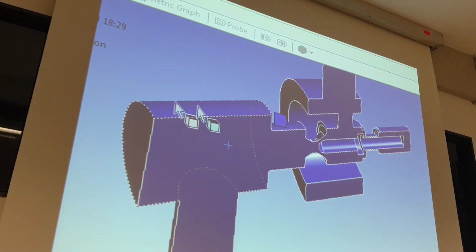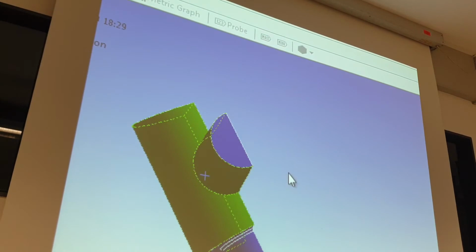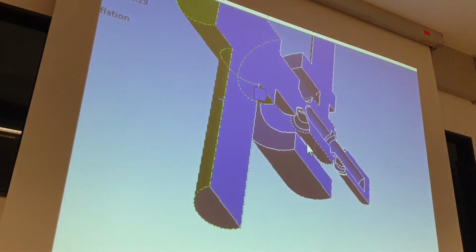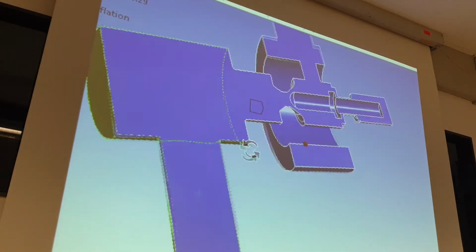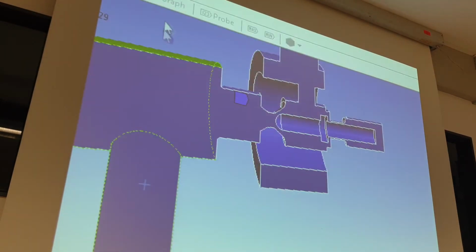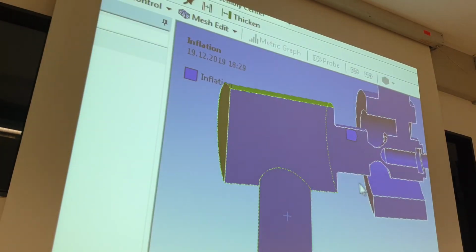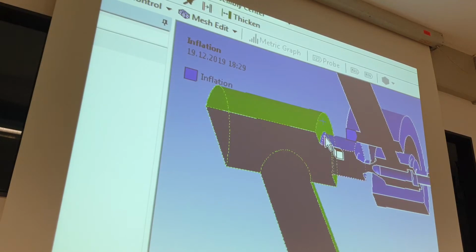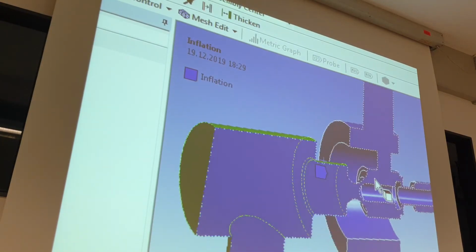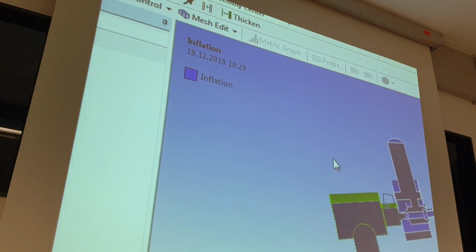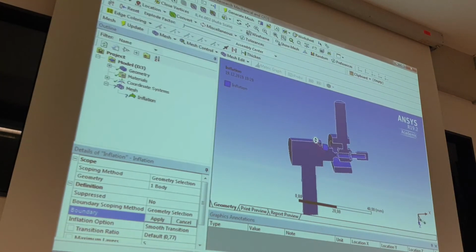which faces. Yes, and I need to choose all faces. Okay, inlet, it's not important. Yes, only wall. I have to think about where I have wall. Yes, I always have wall. All faces have a wall. Okay, I can do it another way. I can choose here, for example,